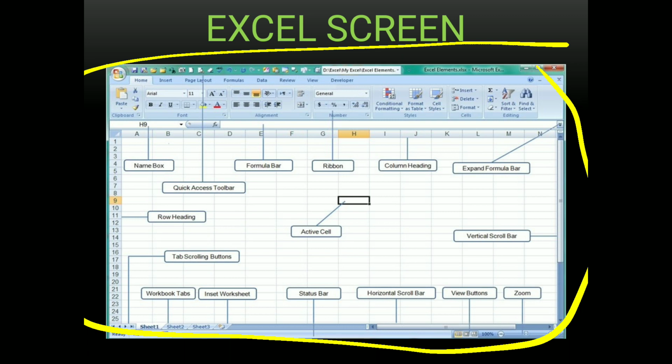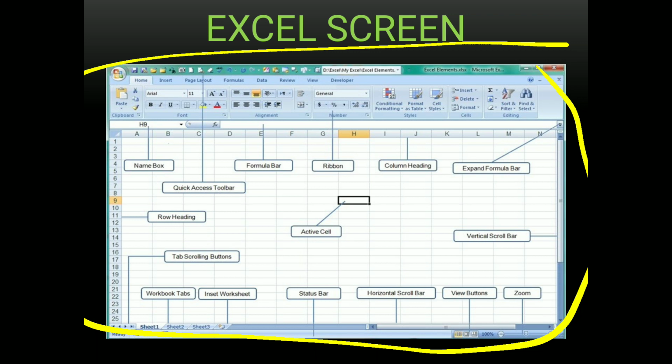Here there are 10,48,576 rows and 16,384 columns in each worksheet of Excel 2010. The rows are numbered from 1 to 10,48,576 and columns are labeled from A to XFD. Each cell can store different types of data including formula and function. So you can visualize each cell as an individual calculator which allows you to enter text data also.